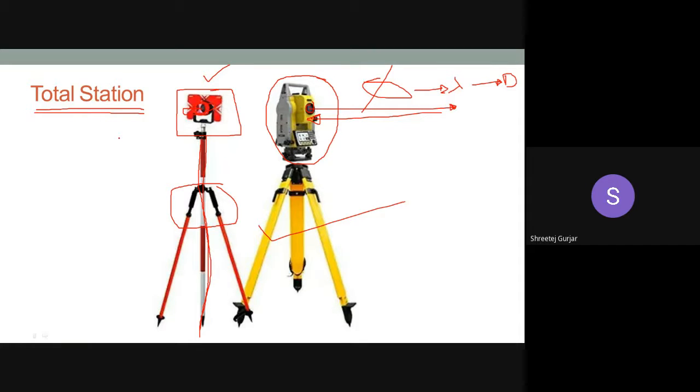So can you tell me what a total station is? It is a combination of two types of instruments. What are they, if you remember? It is not just an electronic distance measurement instrument. It is a combination of that. EDM, the electronic distance meter or measurement instrument, is the second part of this total station. But what is the first major part?